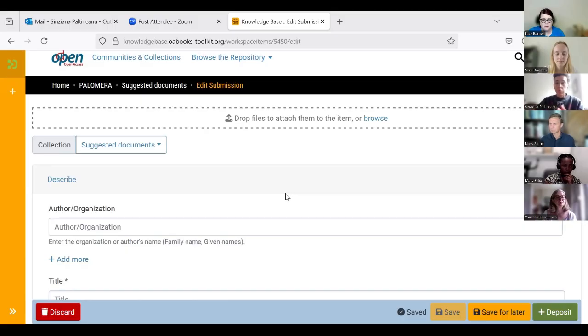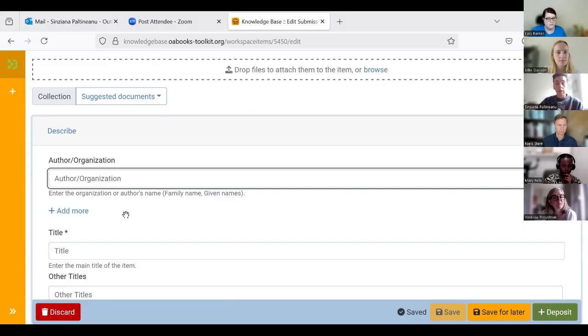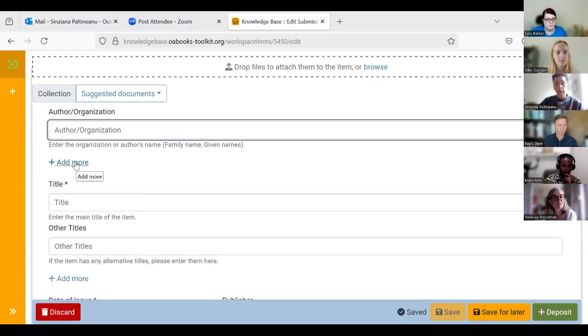So if you have a bit more time and you have the knowledge about the document that you're submitting, you could fill in this form to a larger extent. So starting from the top, you would just make sure to add the document as an attachment, as a PDF or an Excel file, depending on the type of document that you would like to see added there. Then perhaps the document has an author or an organization that issued it. You would add it here. In case there are more, then you would click Add More and